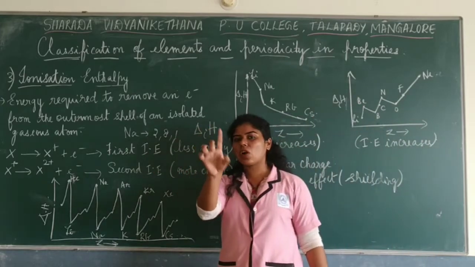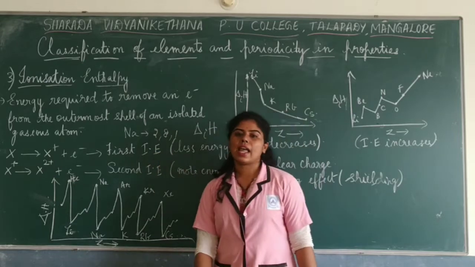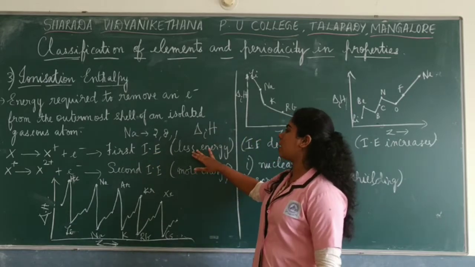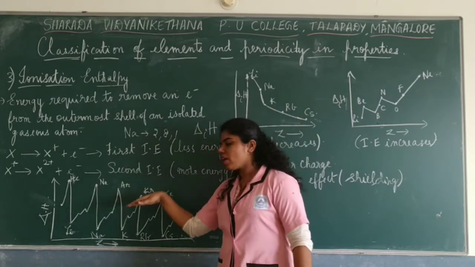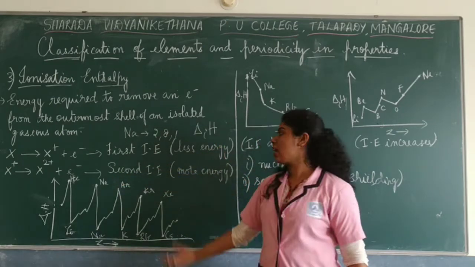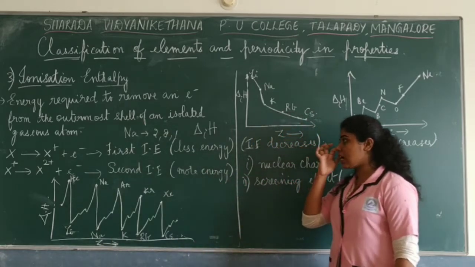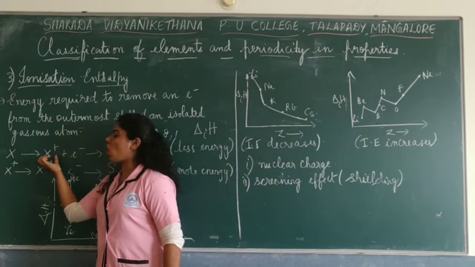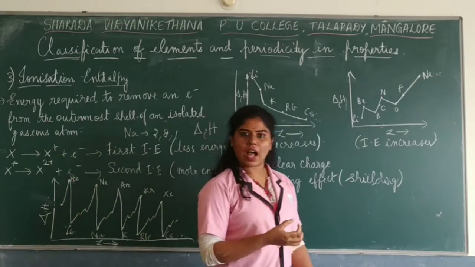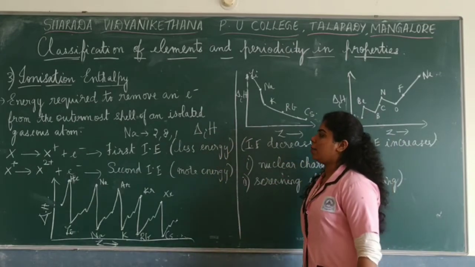So for the first electron, the energy required is very less. That is first ionization enthalpy. So it needs only less energy for the electron to be removed. Whereas when you go on to the second one, third one, proceeding with that, you require more energy to remove an electron. Hope this is clear. So here you have element X, wherein an electron is removed, it forms a monopositive ion. So this is ionization enthalpy in a basic way.